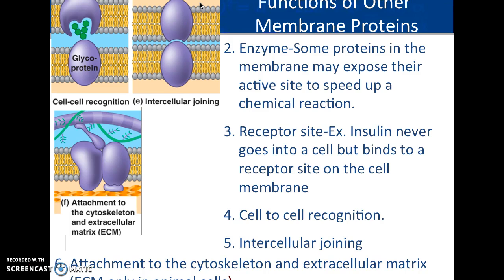The function of other membrane proteins, so I talked about this a little bit. One of them is the enzymatic ones that speed up a reaction. The other is a receptor. So, for example, insulin doesn't ever go into my cells. Insulin has to do with my processing of sugar, but it will bind to a receptor on the membrane. The other things that it might do are cell-to-cell recognition. This has a lot to do with the immune system, which deals with recognizing self versus non-self cells. And then there are intercellular joining proteins,